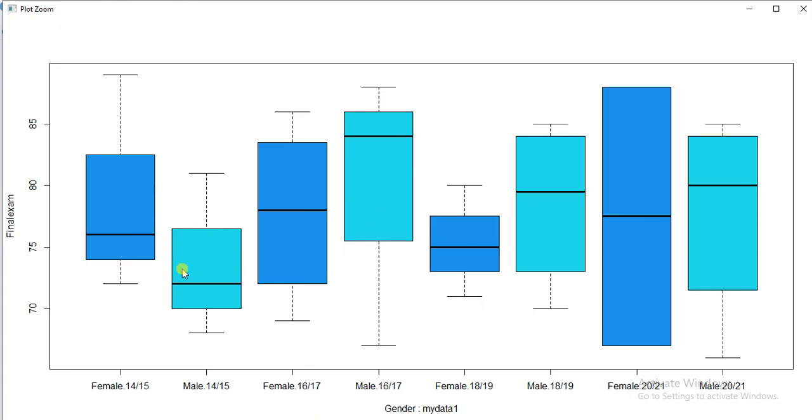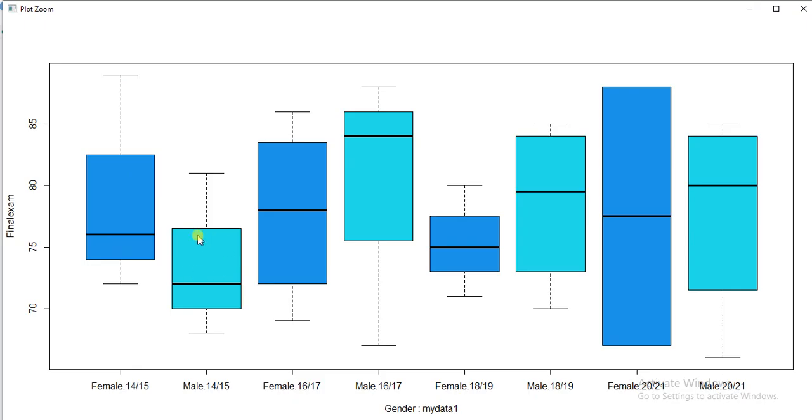There are 4 categories: the 14 to 15 age group, 16 to 17 another age group, third 18 to 19 age group, and last 20 to 21 age group. Here we can check the distribution of marks of female students who belong to the 14 to 15 age group, as well as male students.